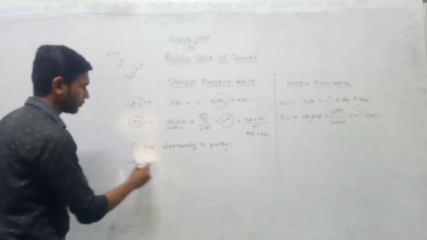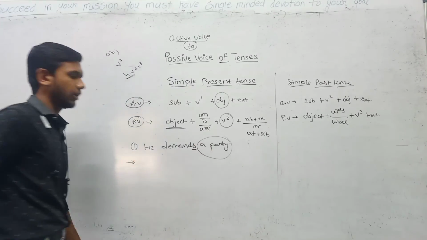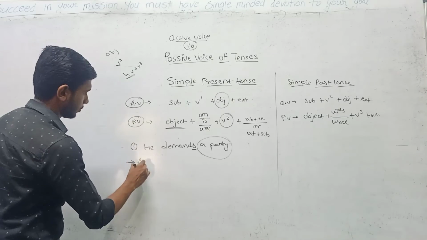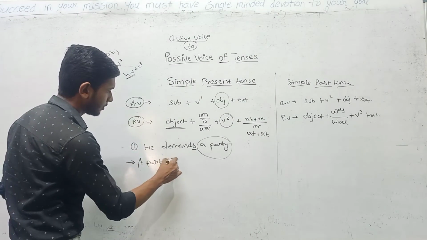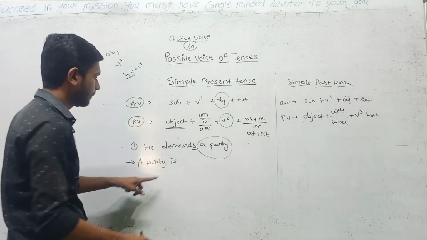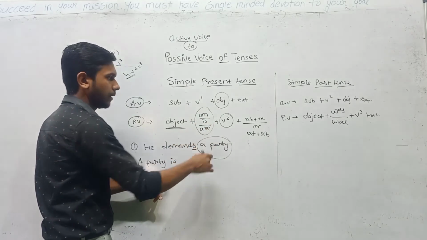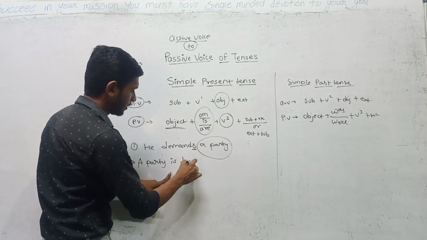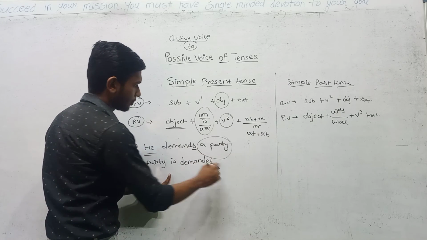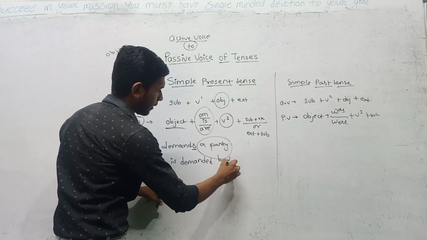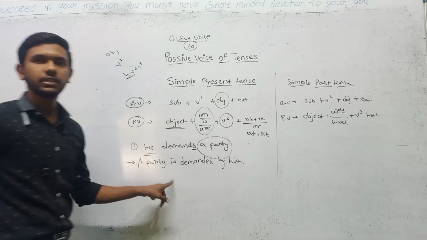Now, making the passive voice, first of all we find the object, and the object is a party. So at the first I write a party. Now a party is singular, that's why we will use is in front of a party. After that we have used the helping verb. Next V3: demands, V3 is demanded. Now who is demanding the party? He. So he is the subject. So the subject will be by him. Like this we can make the